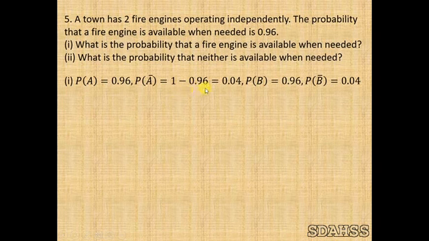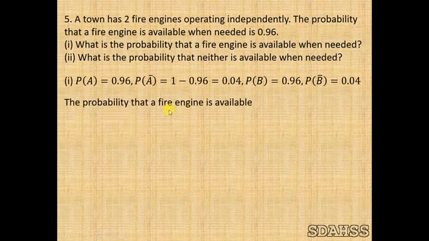1 minus 0.96 is 0.04. And P of B bar is equal to 1 minus P of B, which is equal to 1 minus 0.96. 1 minus 0.96 is 0.04. The probability that a fire engine is